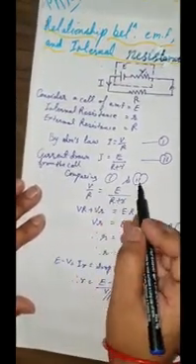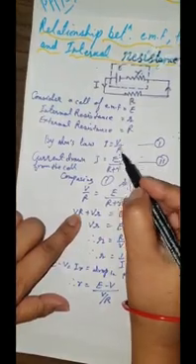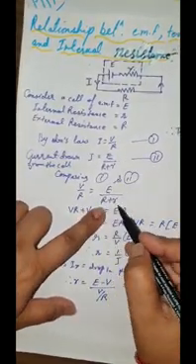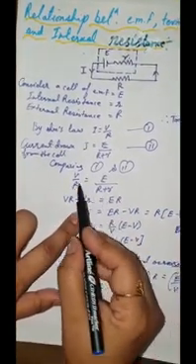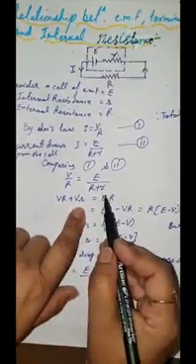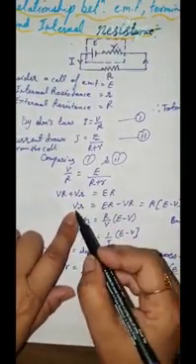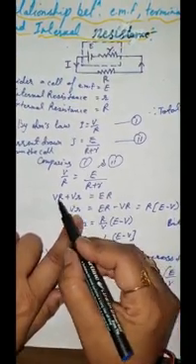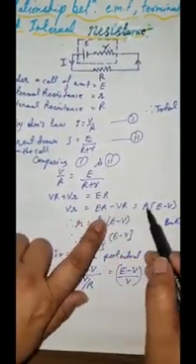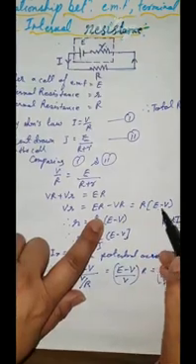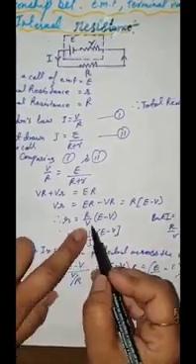Now comparing 1 and 2, both the equations: V by R is equal to E upon R plus r. Cross multiply: VR plus V small r is equal to EMF into external resistance. Now, terminal voltage into internal resistance is equal to, take R common, then what you will get? E minus V, or small r is equal to, this V will come over here.